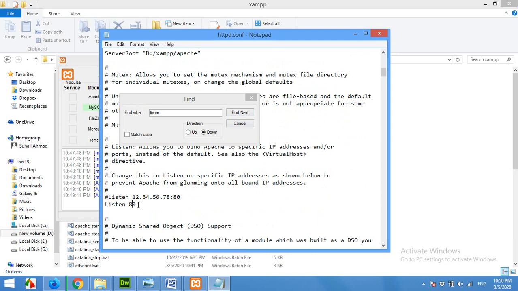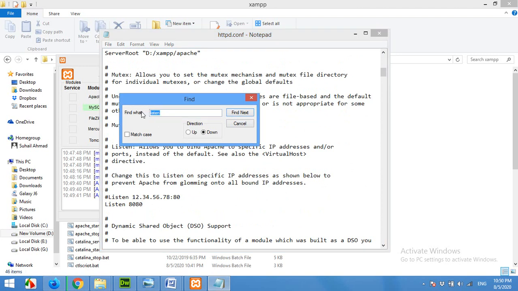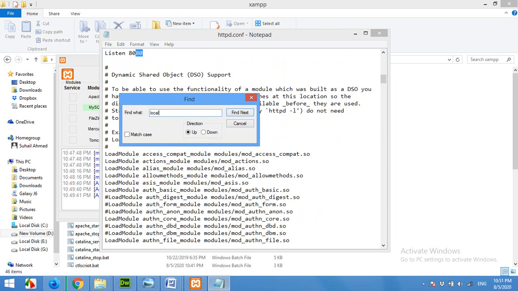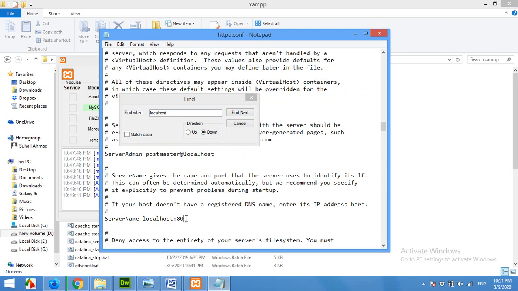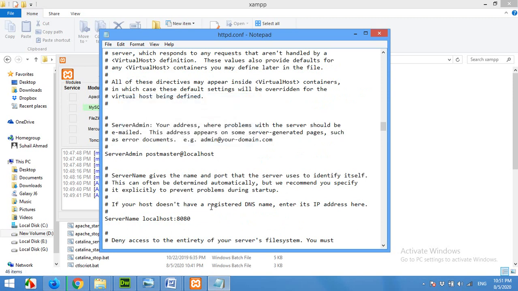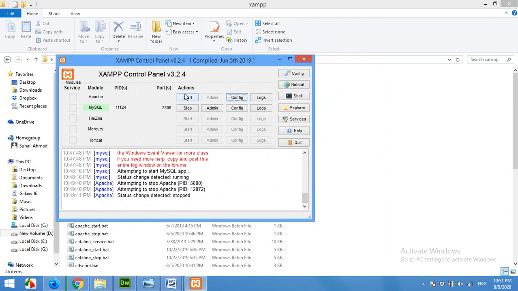Change listen from 80 to 8080, and then type localhost: and change the server name from 80 to 8080, and press Ctrl S to save the file, and now run it again,